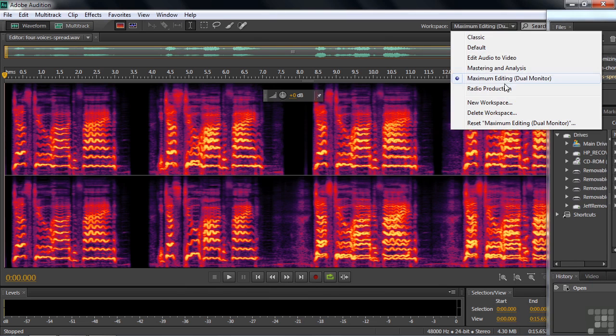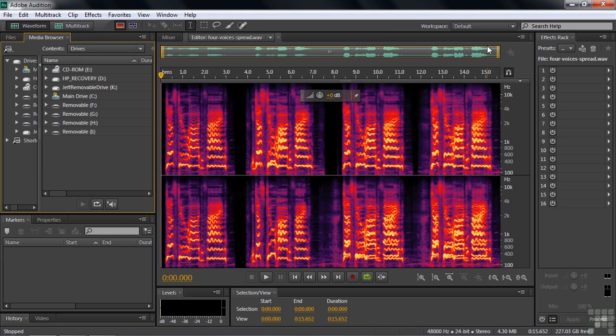Let me put this back to the default workspace. And by doing that, that resets a few things, but it just sets it back to where we last left the default workspace. If we want to go back to the beginning, we're going, oh my gosh, look at how I've changed this thing. I really don't like what I've done here, and it'll take me too long to get